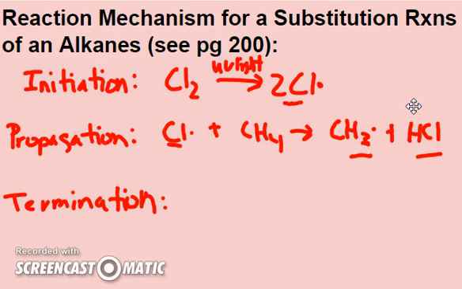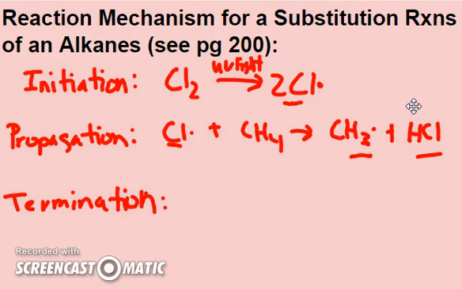produces another free radical. And if you want to look at page 200, you can see how that CH3 then goes on to react with Cl2 to produce more Cl free radical, and then the Cl free radical could produce more CH3 free radical, and it goes on and on. But IB is only going to expect you to know one of these, so this is the one I would